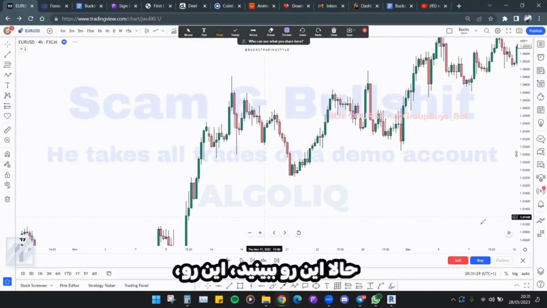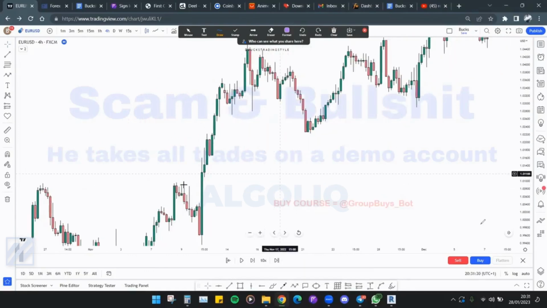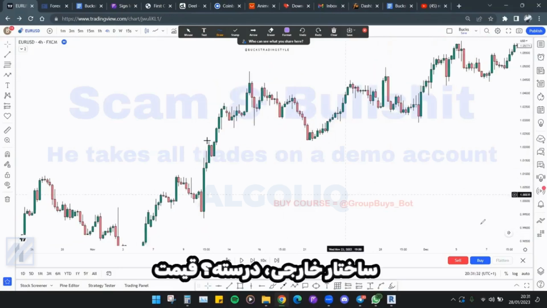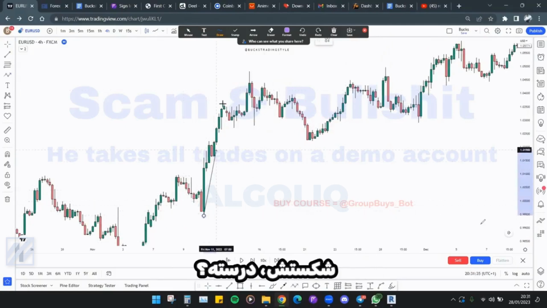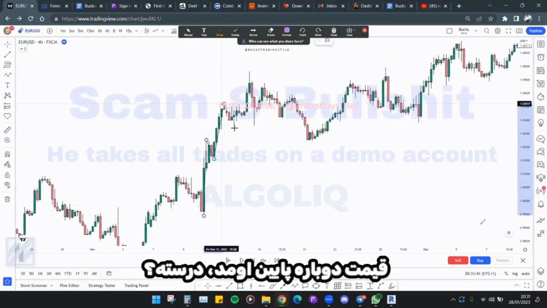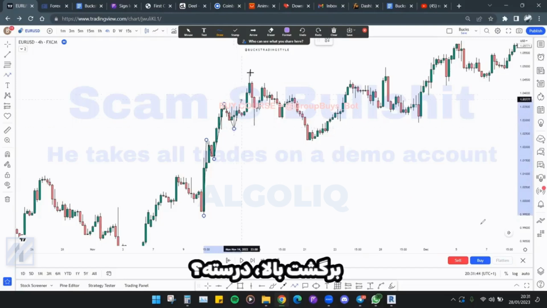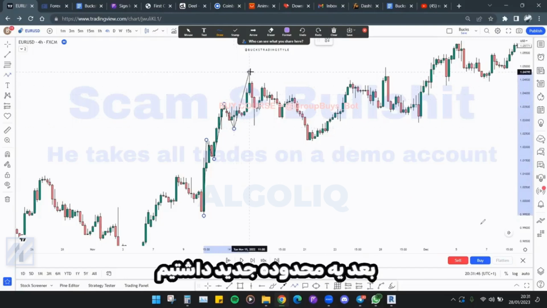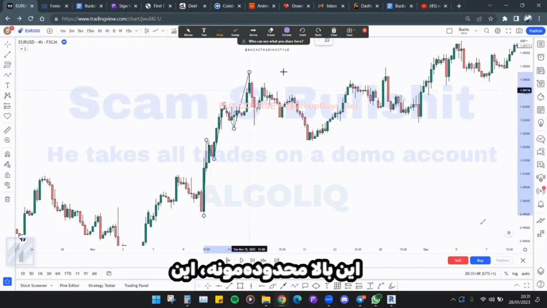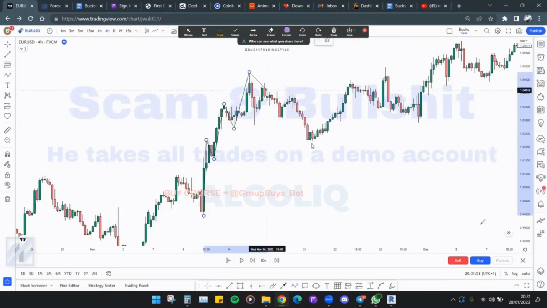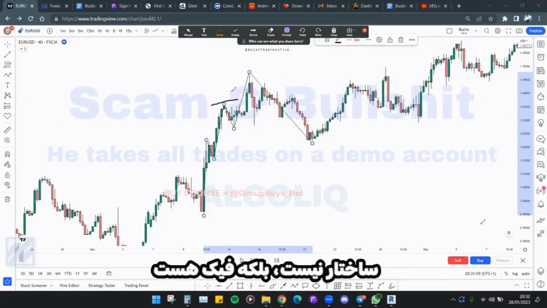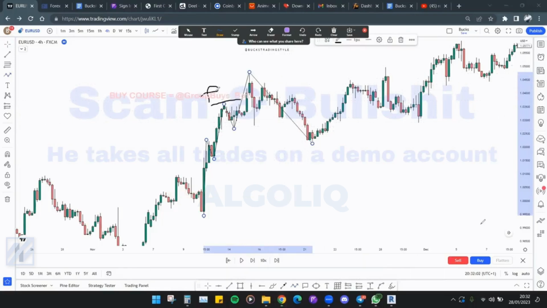Now, see this too. See what we had right here. External structure, right? Price made this retracement, broke it, right? Price came back down, came back up, right? Then we had our new range. This high is our range, this low is our range, okay? And before price broke out of the range, price broke out of the low. So when price broke out of the low, we say, oh, no, this is not a normal break of structure. It is a fake.